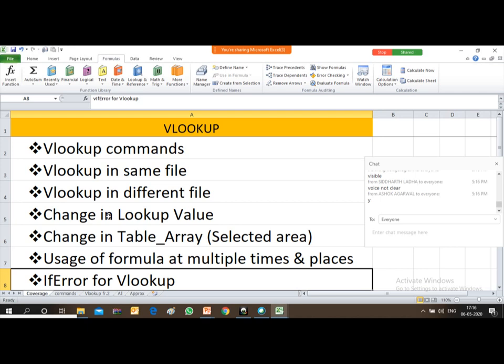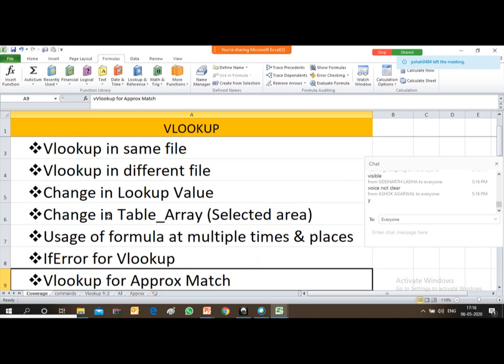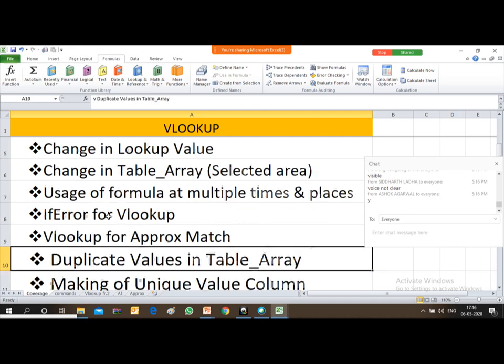So we will remove that error if it occurs in VLOOKUP. And VLOOKUP for approximate match. This is how I'll cover it during the session.